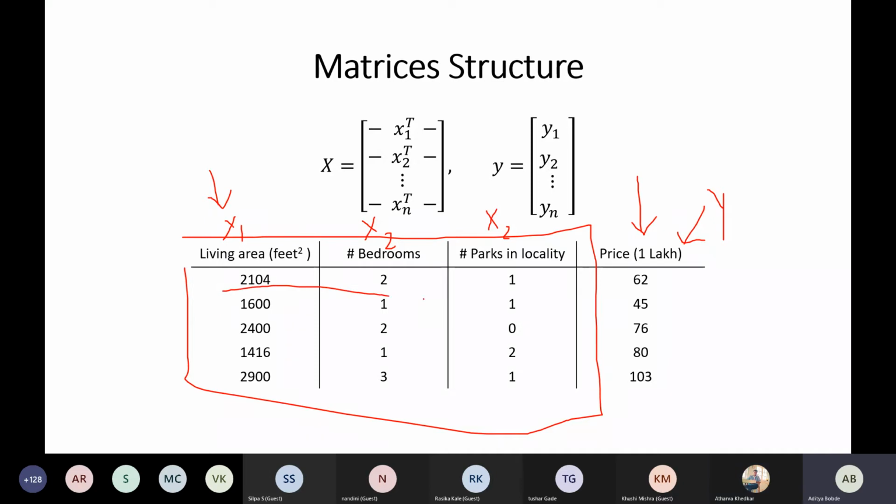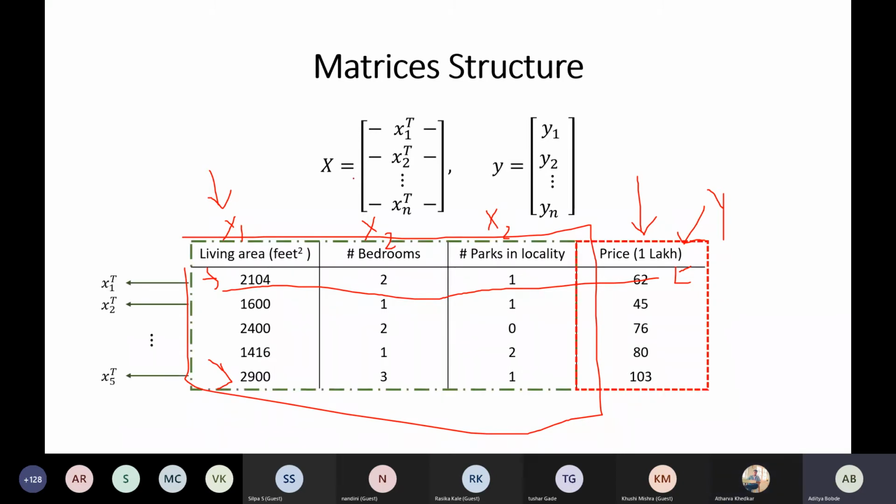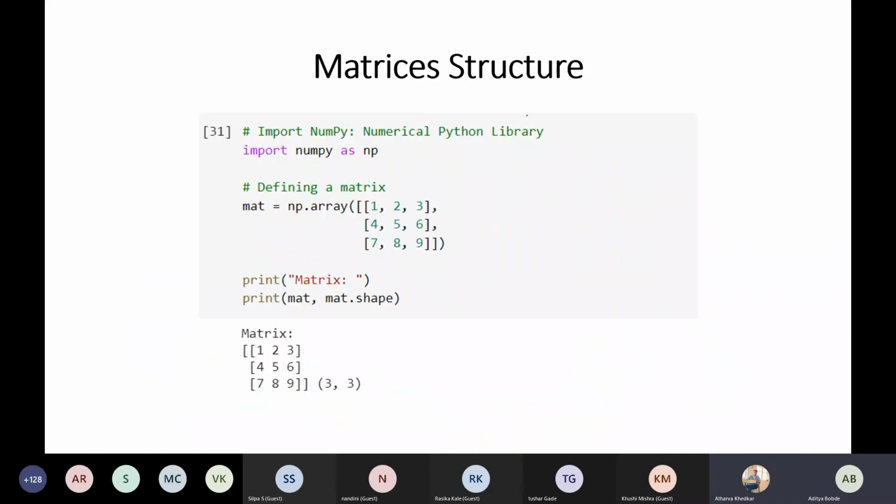Each row is called an observation. Suppose the living area is 2104 square feet, the bedrooms are 2, and the parks in locality is 1, then you will be paying the price of 62 lakhs. If the area is 2900 square feet and the house has 3 bedrooms and 1 park in the locality, then you will be paying 103 lakhs. That's how you use matrices for defining your problem statements.